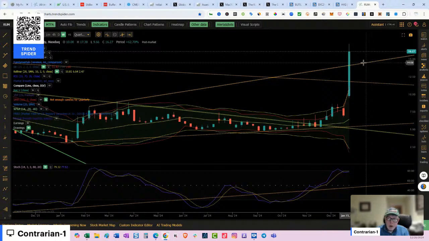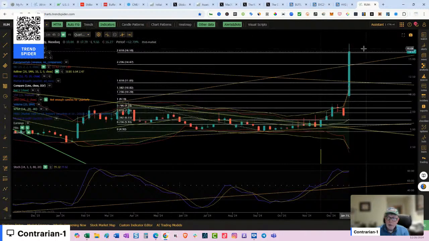Here's another support. Well, yeah, it's funny, that coincides with the Fibonacci retracement right here. So maybe that is a good point at which to nibble. Or if you're looking to use a stop loss and it breaks down below that mark, you lighten up a little bit. But it looks pretty good here.